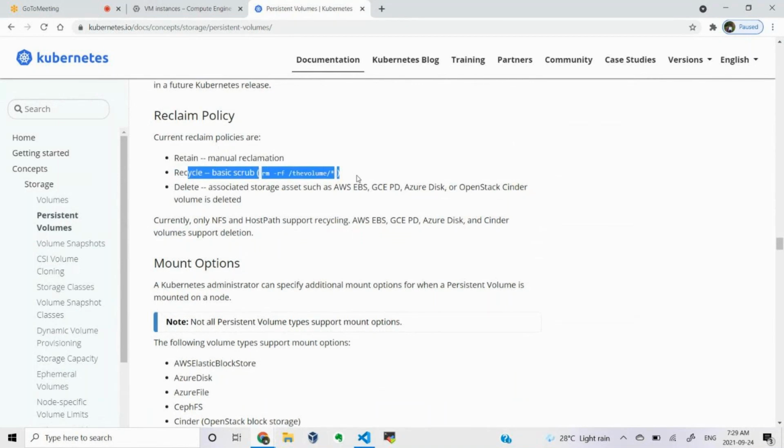I give you a disk or a directory and tell you to clean up, so you delete all the files present under it. The same thing will be done by your Kubernetes. That is called recycle. Currently only NFS and hostPath support recycling, so we can take a hostPath example or an NFS example to utilize that recycle policy.